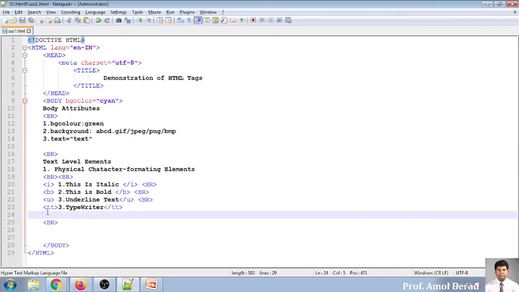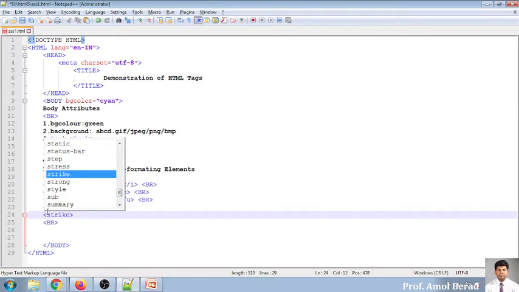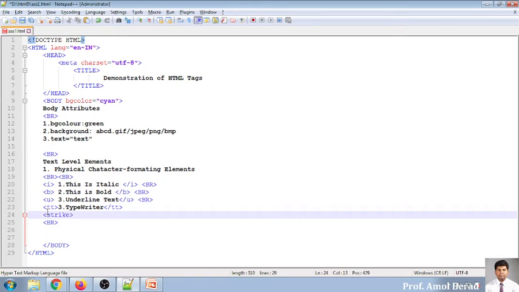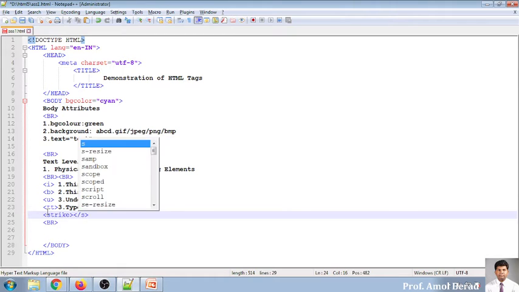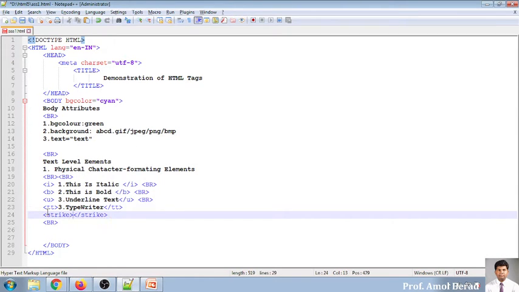Now, fourth one, I'm using another tag. The name of the tag is strike. Okay, so I need to close this tag also. Strike tag. I'm writing fourth one, strike element.